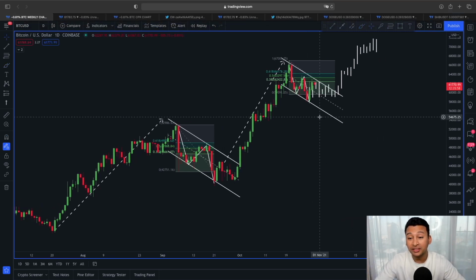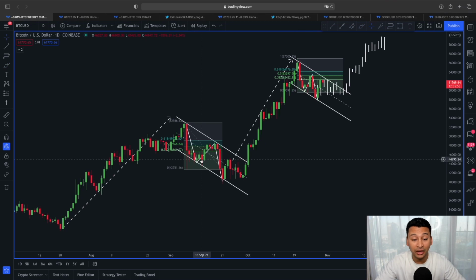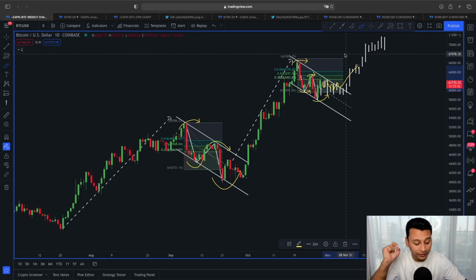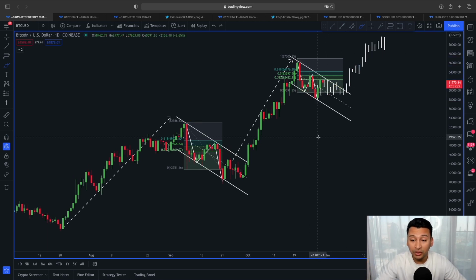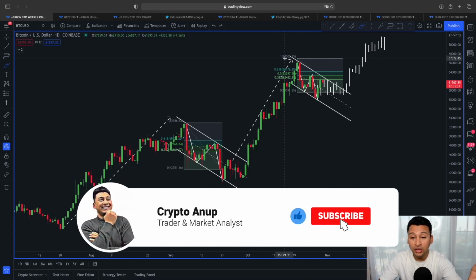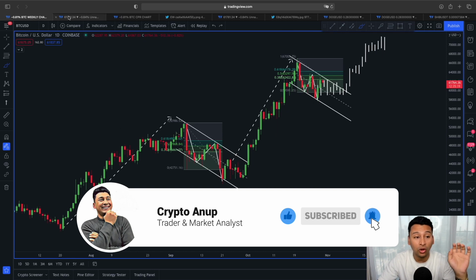And in our case, since we were also forming this pretty similar scenario, not just the breakout from this descending channel or this bull flag, but the dead cat bounce scenario played out here as well. You can see this dead cat bounce scenario has already played out, and we have said we could be expecting some more range bound type of scenario before price actually starts breaking here to the upward direction, because the scenario of price breaking here to the upside is more likely than to the downward direction at this current stage, because we are aware not just because of this one scenario, but also